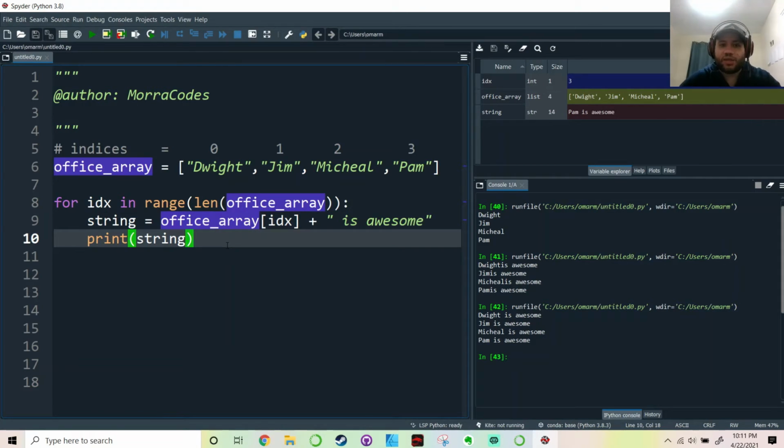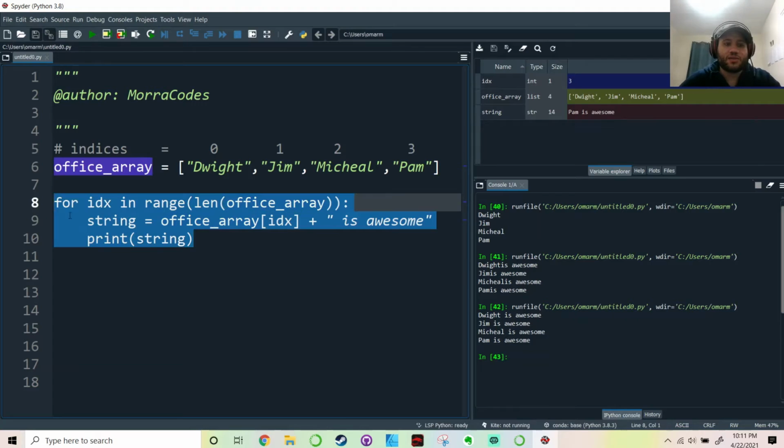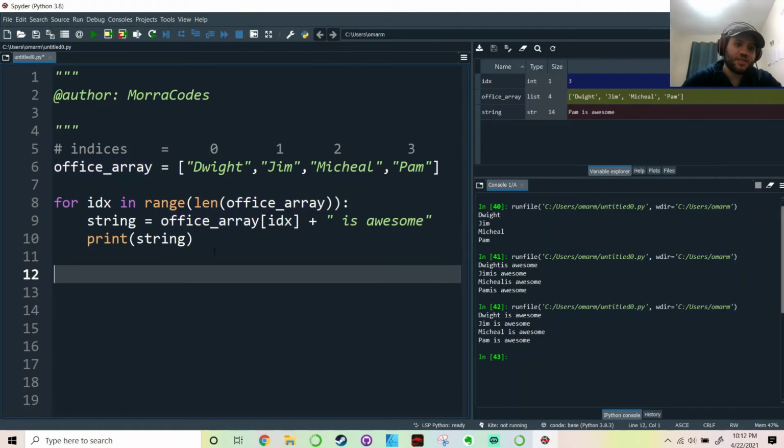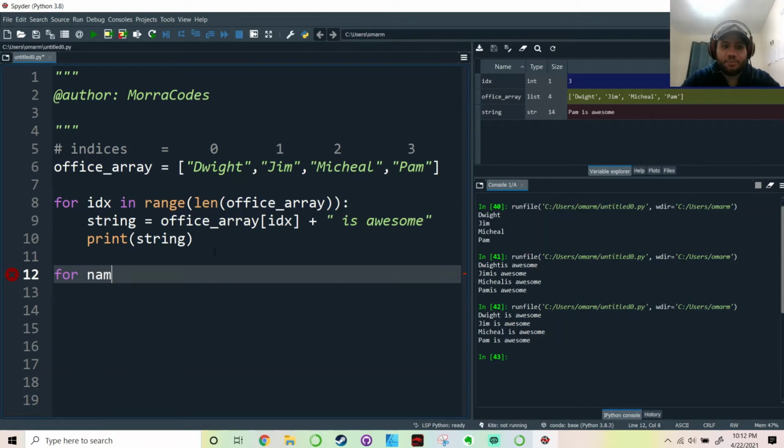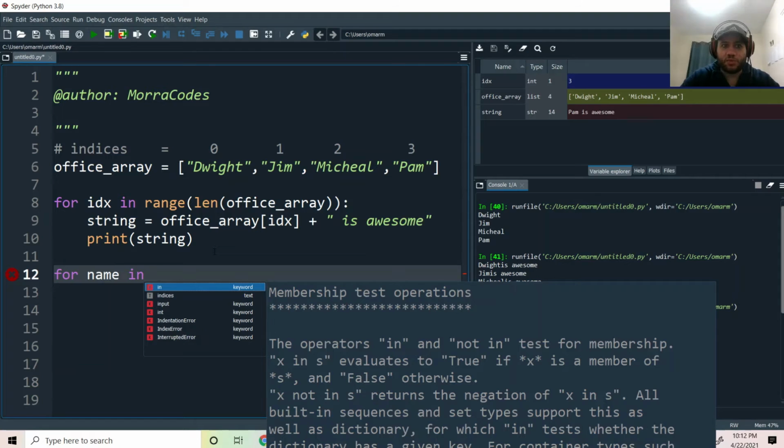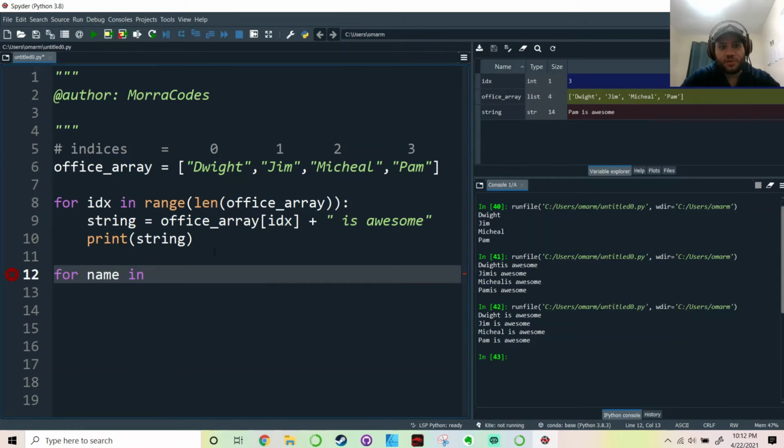So I know I said that this is the easier way, but there is actually an easier way than this. You can simply say for, and then choose an iterator name, and instead of using the indices to loop through them, you can just simply loop through them as values. But again, this is not always helpful. Sometimes this is helpful, sometimes the one before is helpful, so learn both. Don't learn only the easy way, okay? So for name in office underscore array,